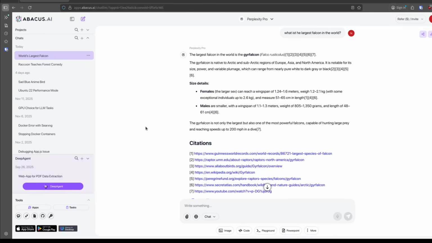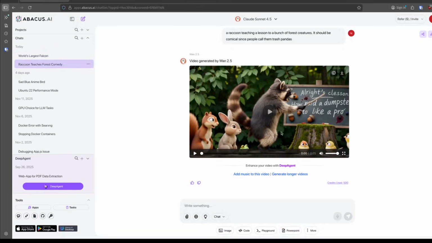So to get to a summary, again, ChatLLM has a lot of cool features. I don't use 90% of them because it's just not the way I interact with LLMs. But if you're someone like me who sometimes wants to generate some images, or very occasionally wants to create a video, I showed this video earlier, the raccoon teaching a bunch of animals how to rate a dumpster like a pro or something like that. We're just creating a goofy video every now and again. It's been a great service for that. It's been a great service for me for getting hands-on with understanding the pros and cons of using something like Claude as opposed to ChatGPT, as opposed to Gemini or DeepSeek or Qwen.